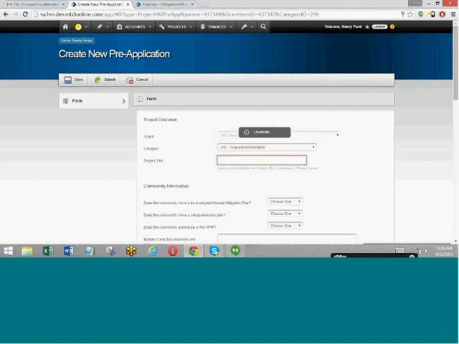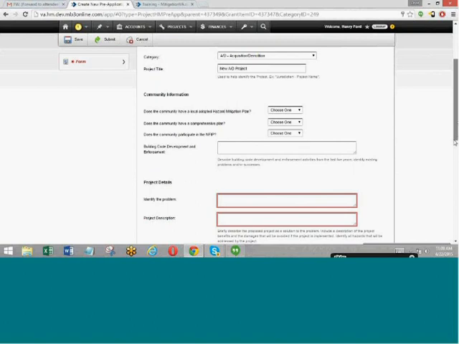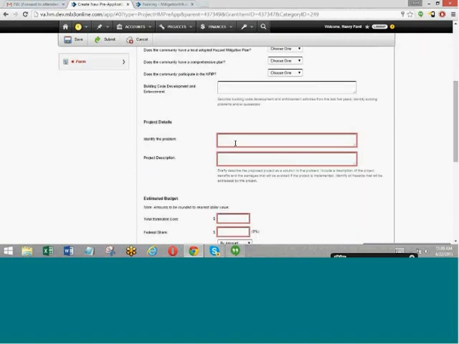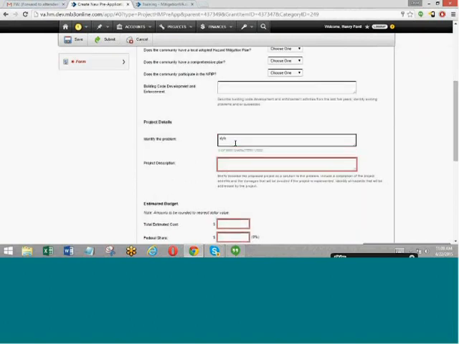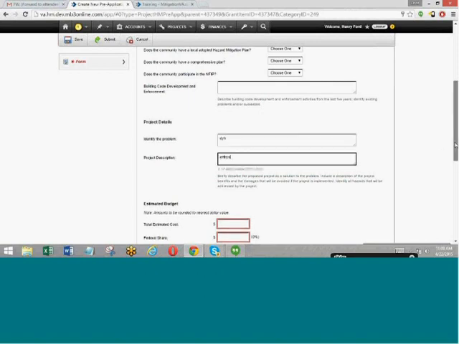Okay, so at this point, you put in the project title. So we'll just call this a new acquisition demolition project. You fill in all the different information here, identify the problem, project description.